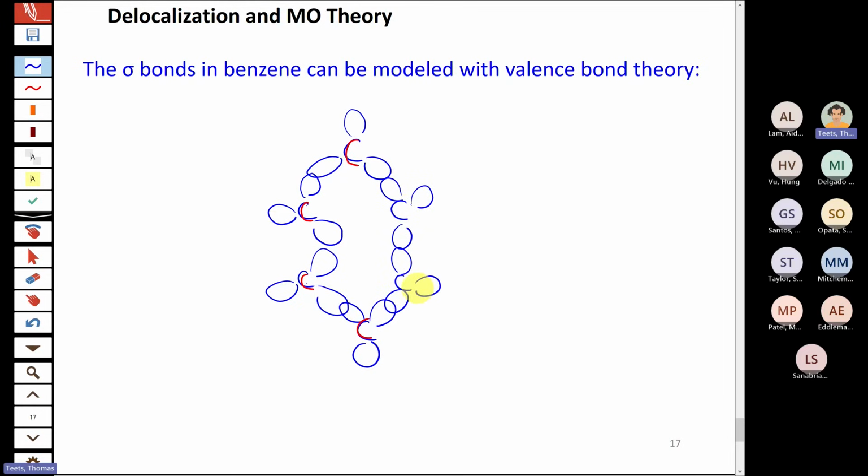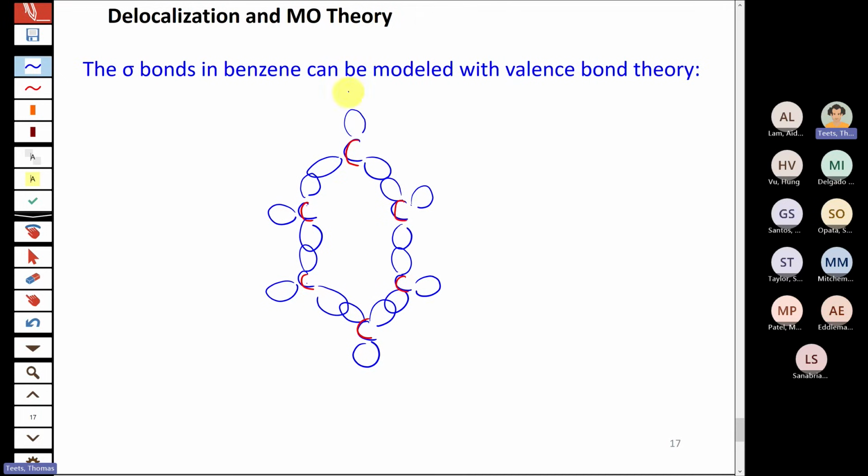All right, so each of the 6 carbon atoms, which I'm going to highlight in red where the central positions are, has a set of identical sp2 hybrid orbitals. And what happens then, I didn't draw it perfectly, but around the ring, those sigma bonds are going to be formed between the 2 carbon atoms by overlapping of those sp2 orbitals. These ones I probably can do a little bit better job of, like there, there, and there. But around that ring, you have adjacent sp2 orbitals on each carbon atom. They're going to overlap to form the sigma bonds between carbons.